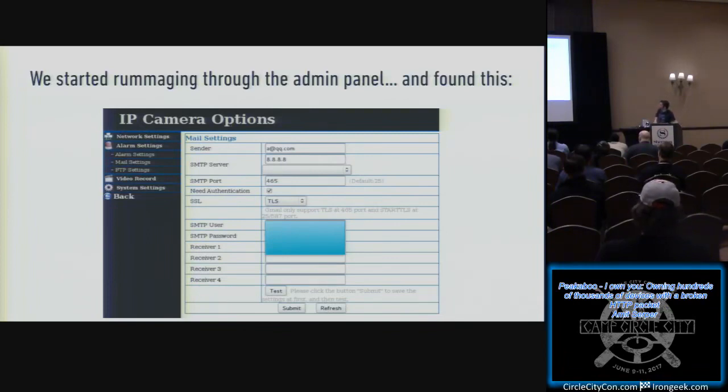And I found this page, and this page basically allows you to set an email alert. And every time the camera detects a motion, it will send you an email. Hey, I detected a motion, someone is in your house. And it takes very simple input. It takes your SMTP server, the SMTP port, the username, the password, and you have the option of setting like 4 different recipients. So I did what I always do when I come across those forms, and I just type